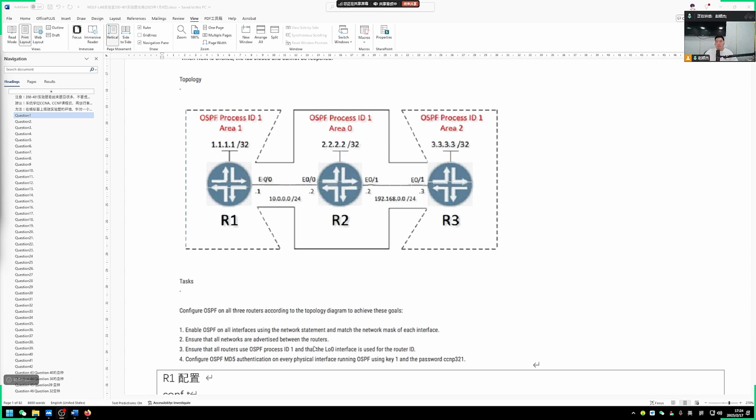Then we need to establish neighbors between all our routers. This is the second requirement. The third requirement states that our OSPF process ID must be 1, and you must use the Loopback 0 interface as its OSPF router ID. The fourth requirement is that on all your physical ports, except the Loopback, we must enable OSPF authentication, the key ID must be 1, and the password has to be